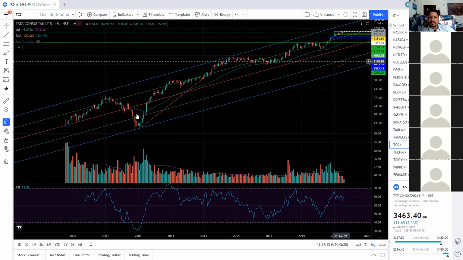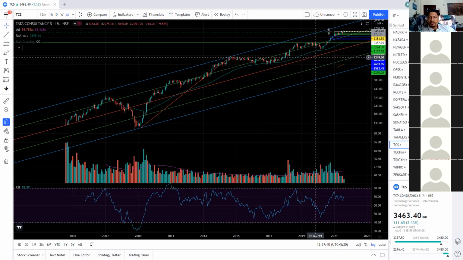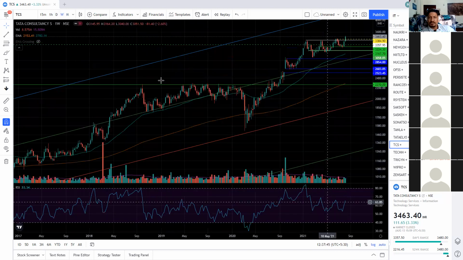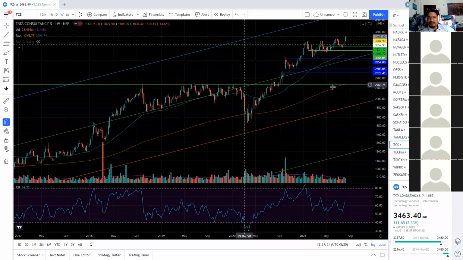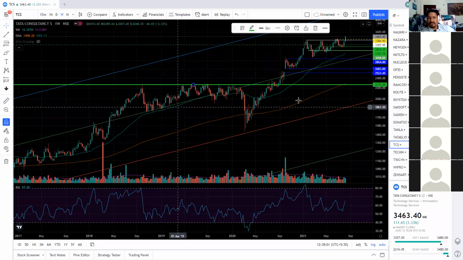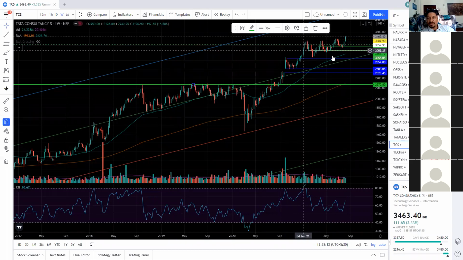So in any extreme case, it can come down like this fall, like this 2008 fall. But now let's come closer and we'll see what I'm talking about. On the weekly level, it made a high in September 2008 and it never crossed this line till 2020. Correct? So same thing. Now we are talking about the weekly level on a yearly chart. We are talking about 2018 to 2021 or 20. The same thing was happening here.